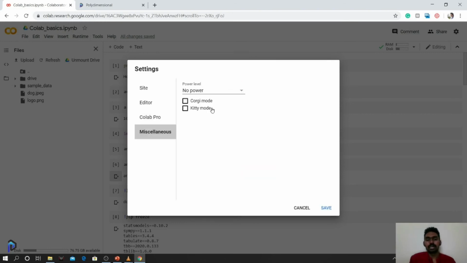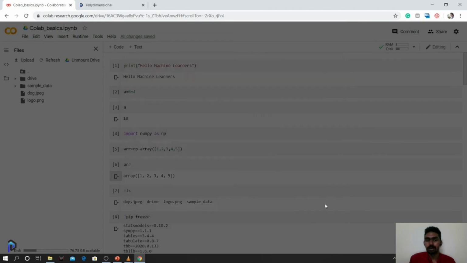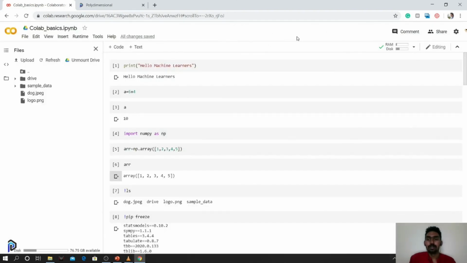And another thing that it's not something technical, but something that you can try out is you can actually enable kitty mode and another mode. What it does is it makes cats and dogs walk over here. So it's kind of fun. So if you want something like this to be there, you can just add it. Okay. Sometimes it might be distracting. It's up to you. You can just add it or remove it. You can also close this entire tab like this. So yeah, this is the cat part,